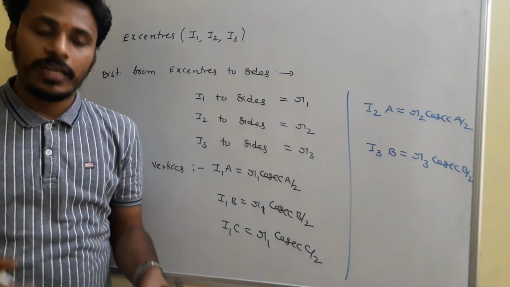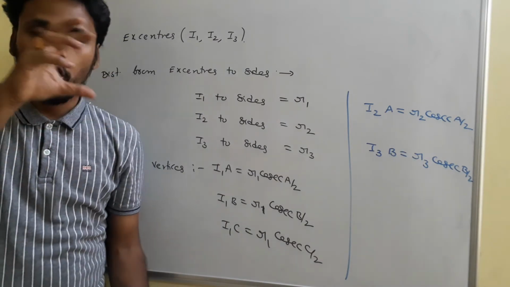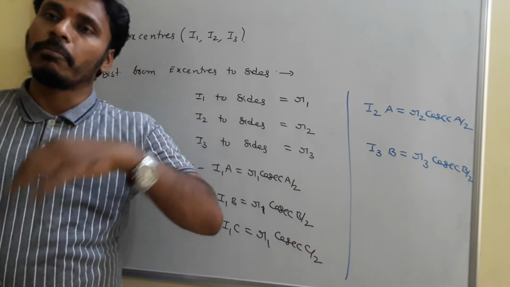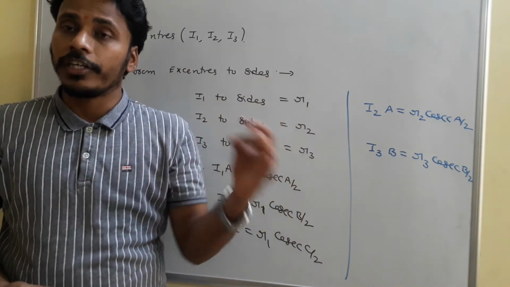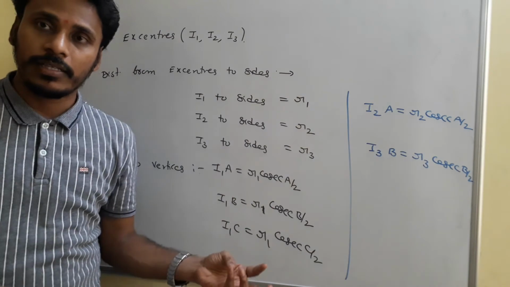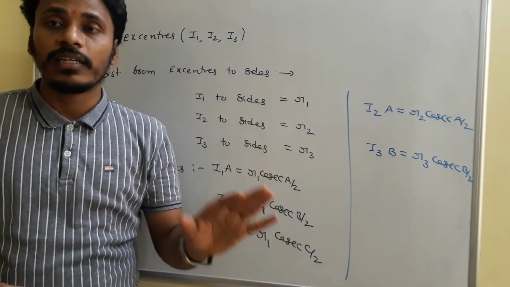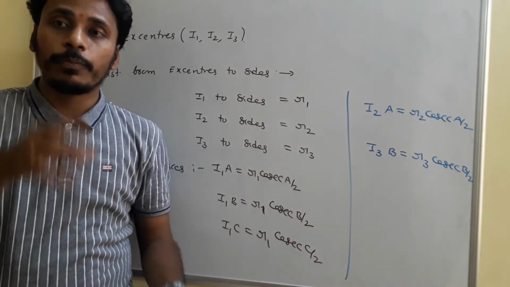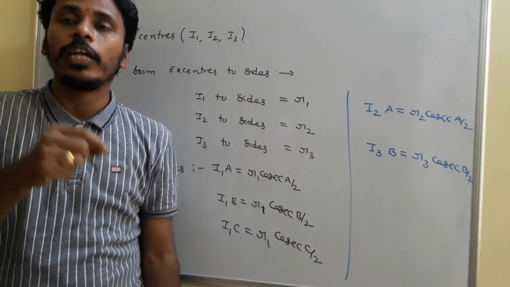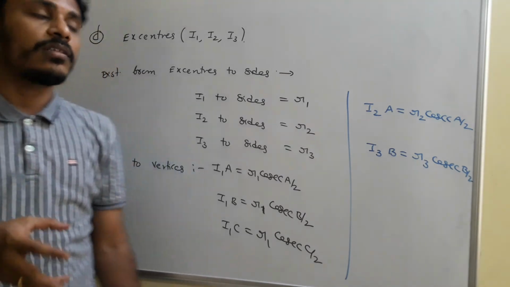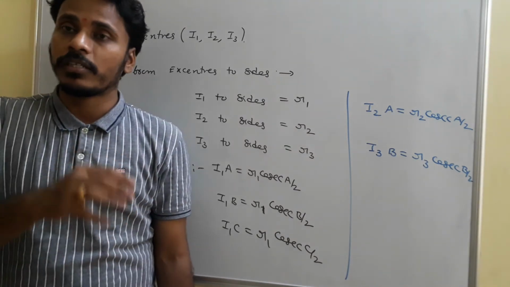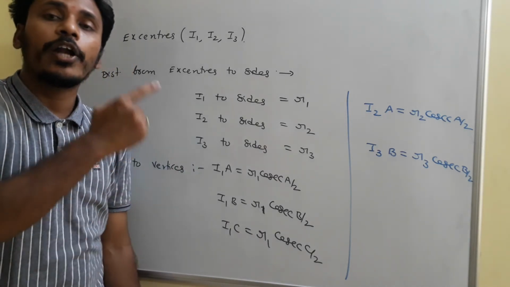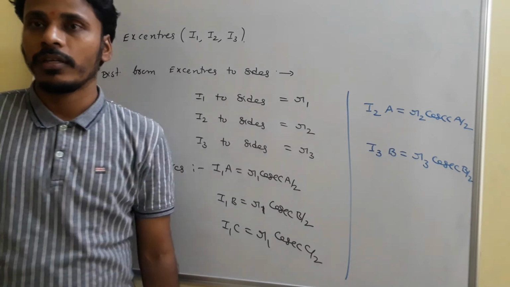If we have a triangle, there are many components related to it: three sides, three vertices, three angles, medians, altitudes, perpendicular bisectors, angular bisectors, and then circumcenters, incenters, excenters as well as the centroid. Ultimately we need to observe the distances between any two points of the triangle. These are some ideas related to the distances from the special centers to the vertices and to the sides. You need to memorize all these things, and using these we can solve some problems. Just have a look.